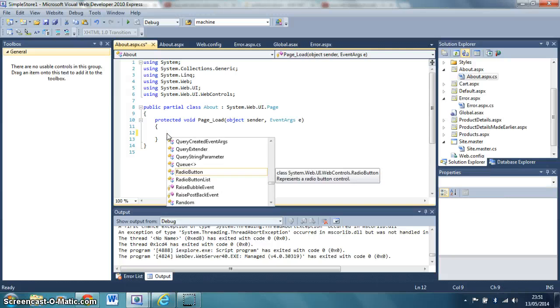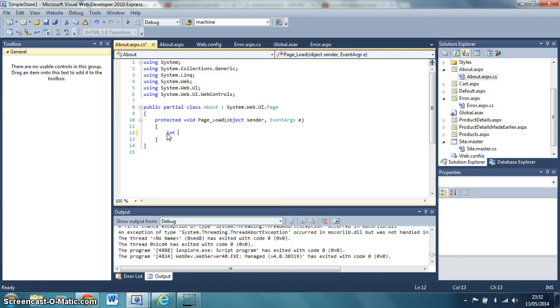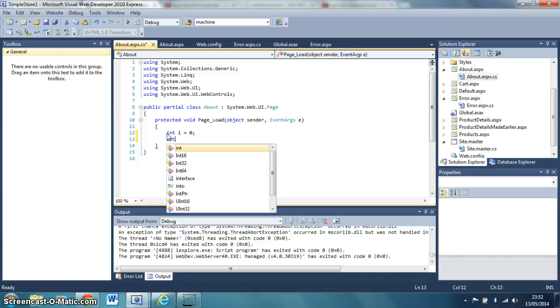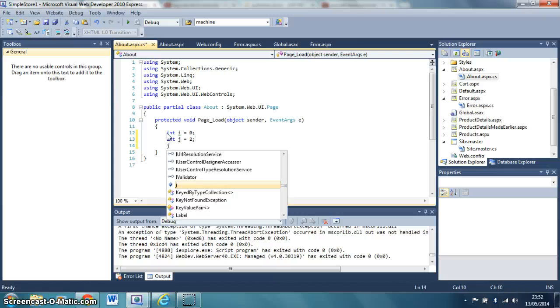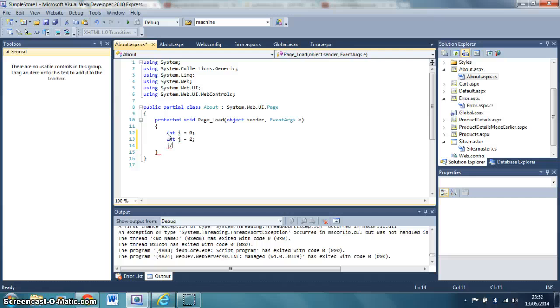Let's create an exception. Let's say int i is equal to 0, and let's say int j is equal to 2. So if I now do j divided by i,